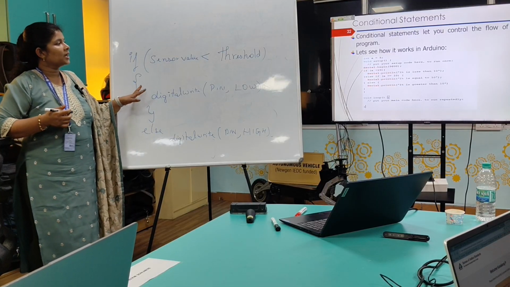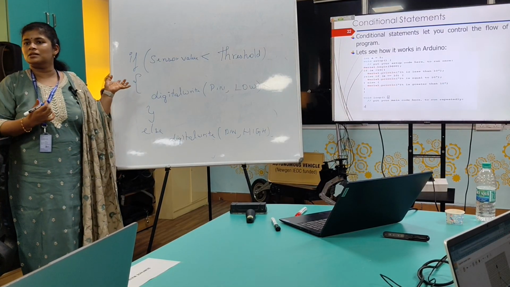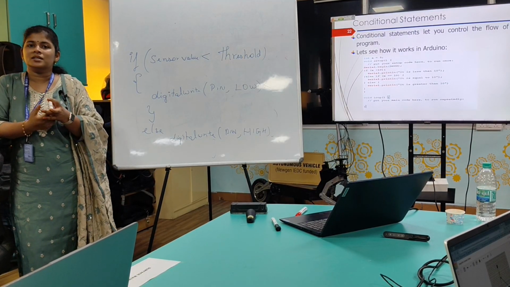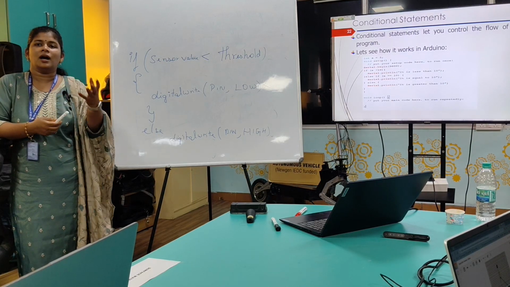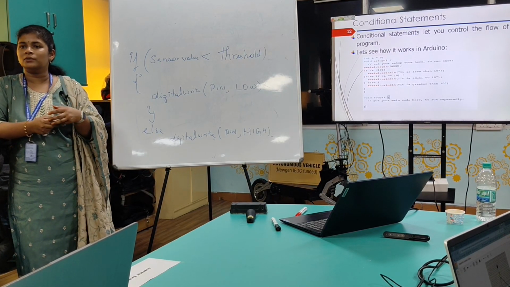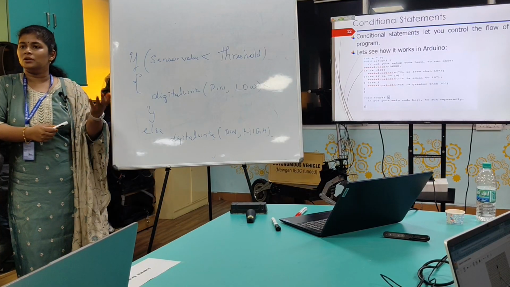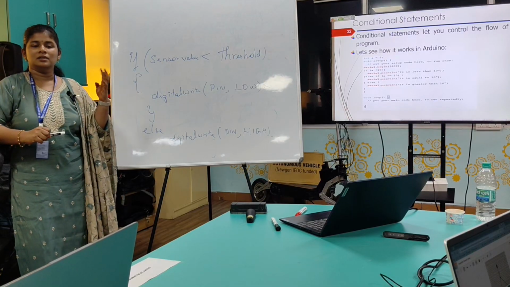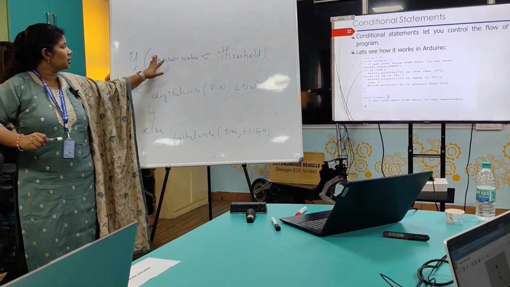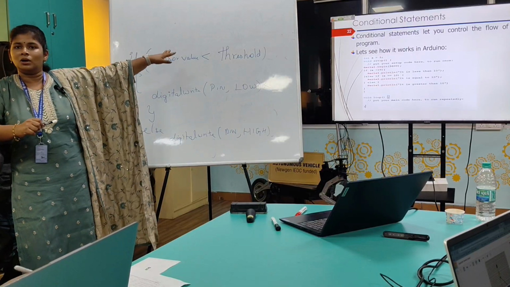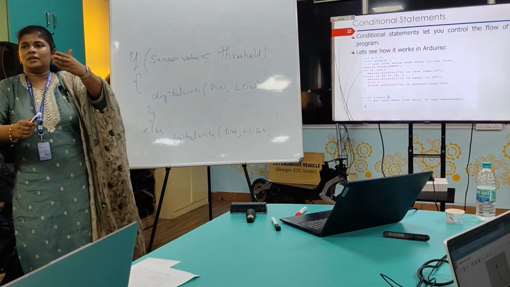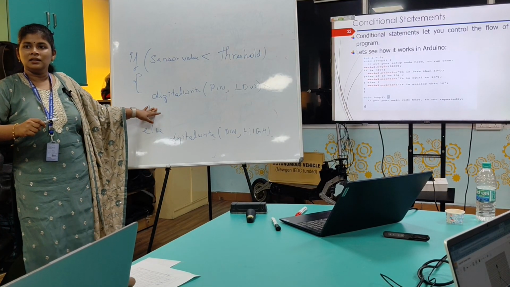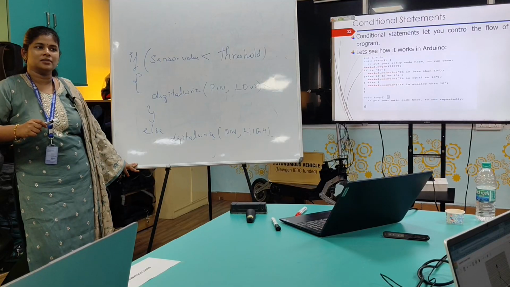So you can think of multiple such things where we can just set up with a threshold, right? If you are having a sensing network, if you just want to act on it based upon some threshold value, it can be the lights, it can be the room temperature. You can say that if the room is too hot, turn on the AC. If the temperature sensor value is greater than a certain value, say 15 or 20 degrees, then switch on the AC. If not, just switch off the AC.